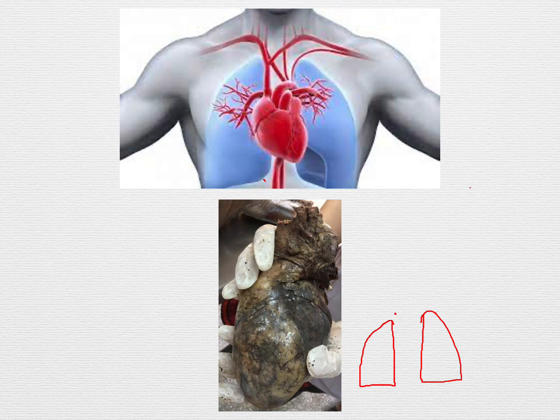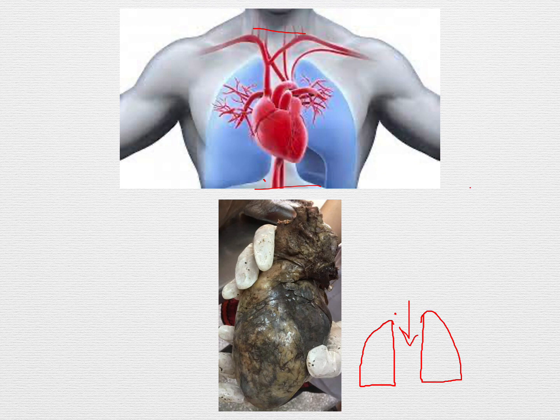Moving on to the anatomy, it is important to first locate the heart in the body, and to do that I would like to define what is thorax. Thorax is the space between the neck and the diaphragm in the body where the heart and the lungs are located. The heart is further located in a space known as mediastinum, and just to picture this, I have drawn here the 2 lungs. The space between these 2 lungs where the heart is located is known as mediastinum.